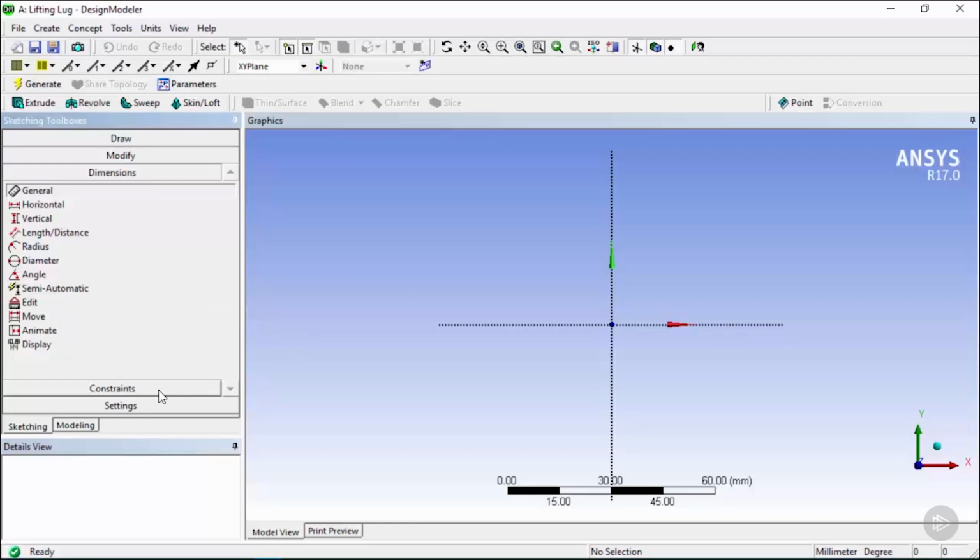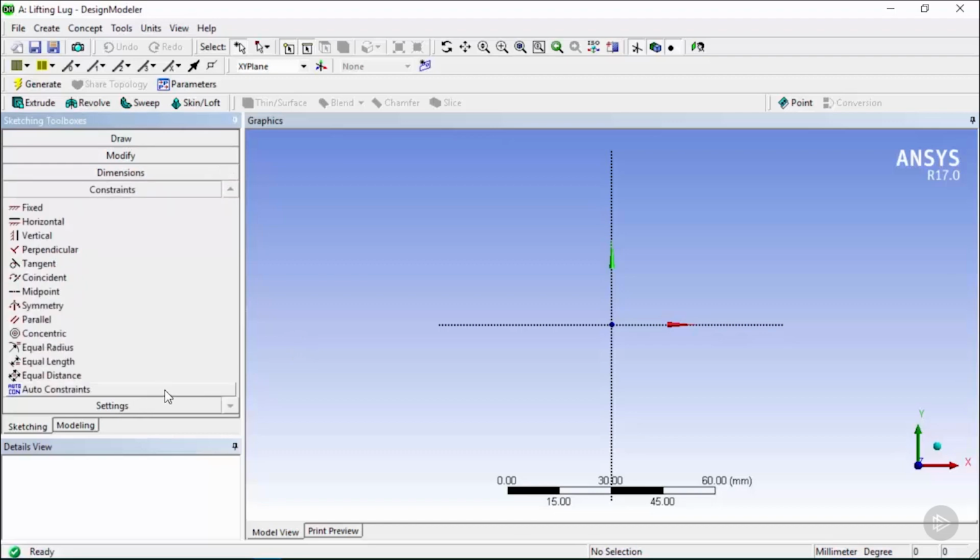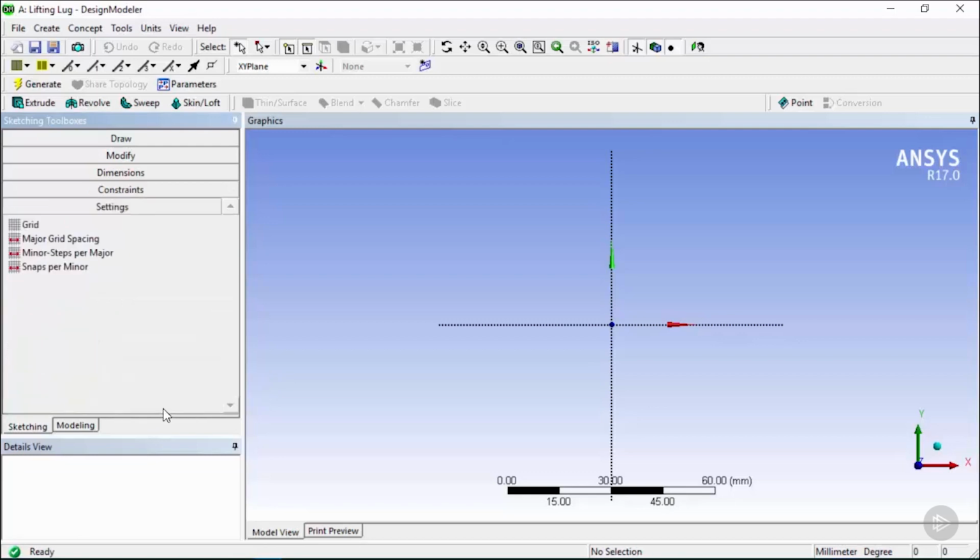After that, we have the constraints. So here is if you want to apply constraints to your sketches. So here you can fix a line in length and in space. You can also fix here to make a line horizontal or fix it to vertical. You can have perpendicular constraints, tangent, symmetry, parallel constraints, etc. And finally, here you have the settings where you can add a grid and add major grid spacing or minor